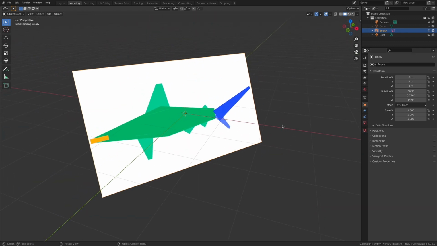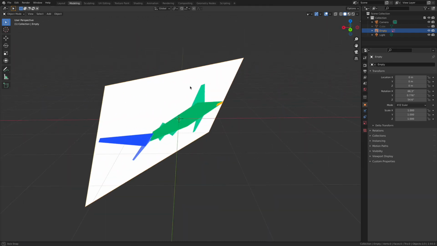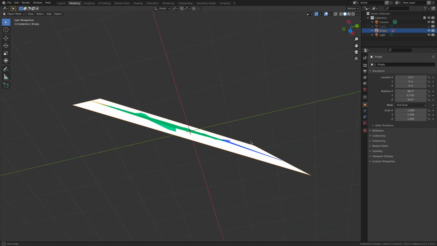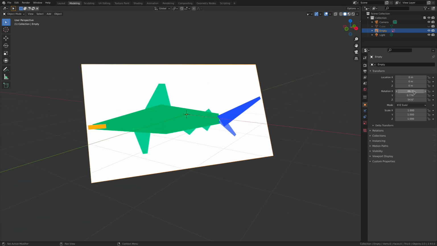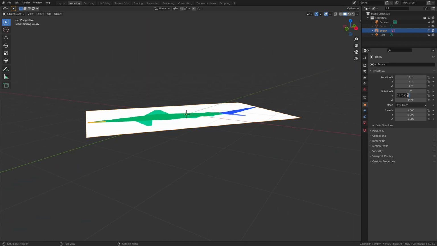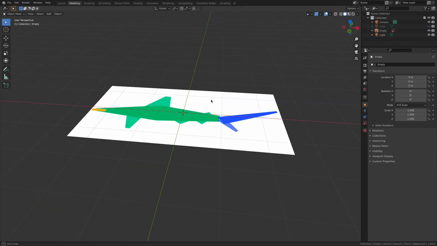Now, with this object selected, either in the outliner or in the three-dimensional scene, this little tab, the Item Properties tab in our Properties panel, is going to show you all the rotation angles for this object itself. Now, this is a picture of my shark from the side, so I need to kind of get this back to a scene space orientation. I don't want it at this weird angle, so I think I'm just going to go in and zero all three of these channels out real fast, and then voila, we're up and running.